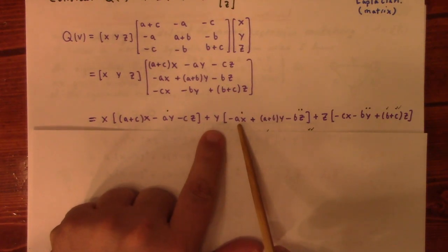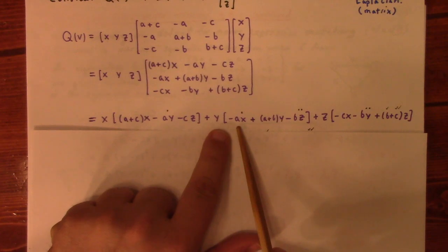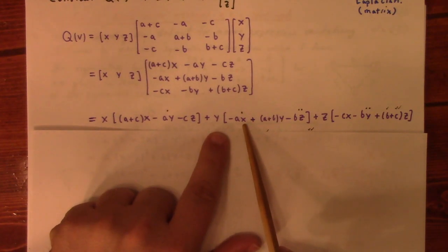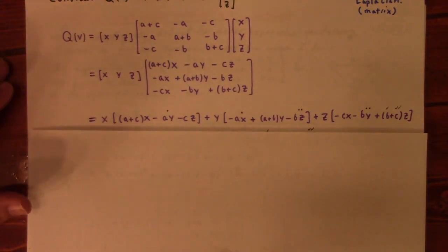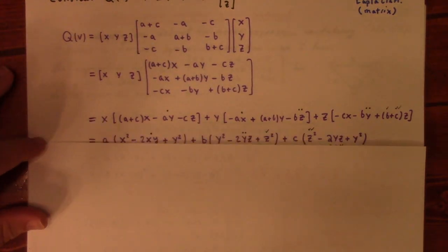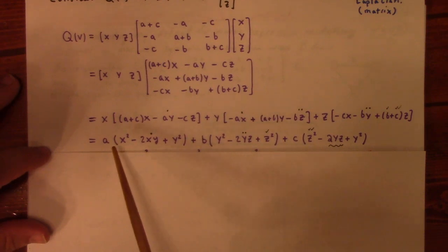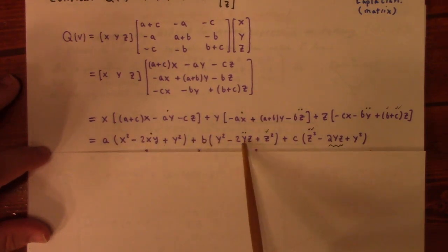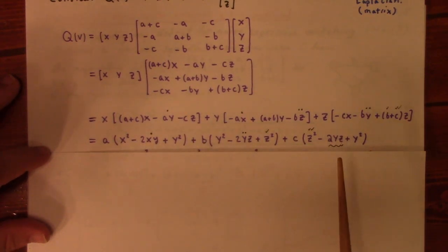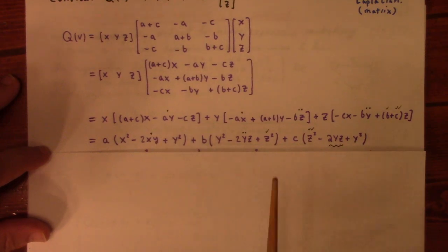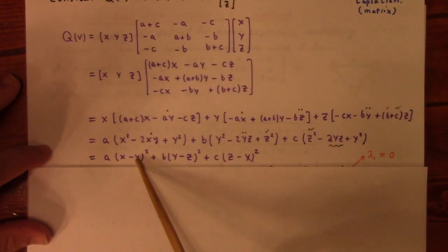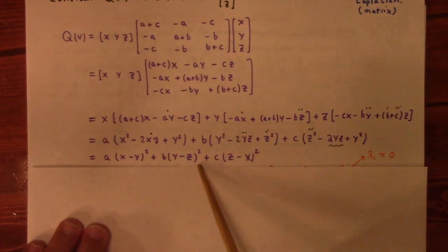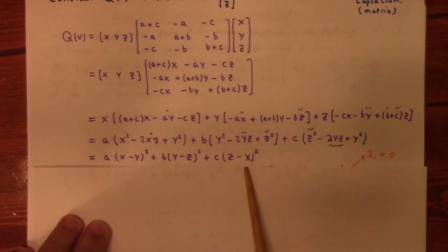And let's see here, what else was there? Oh, here's an a y squared there too. So anyway, you look at that and you sort things through, and what do you get? Well, collecting things, we get a times that, plus b times that, plus c times that. But you're like, wait a minute, that's a difference of a square, that's a difference of a square, that's a difference of a square. In fact, it's a times (x minus y) squared, b times (y minus z) squared, and